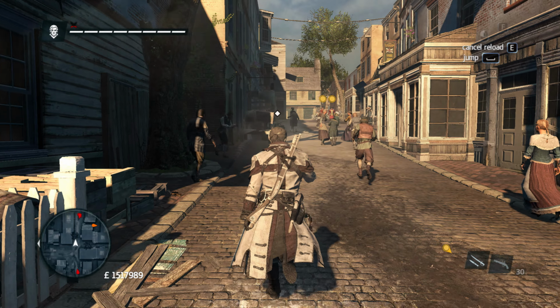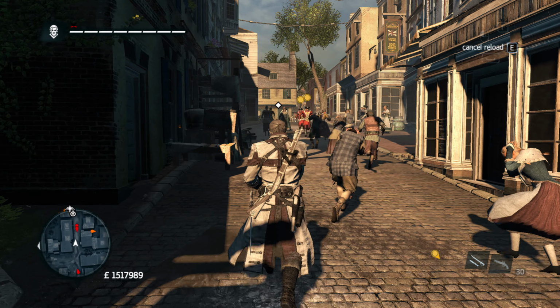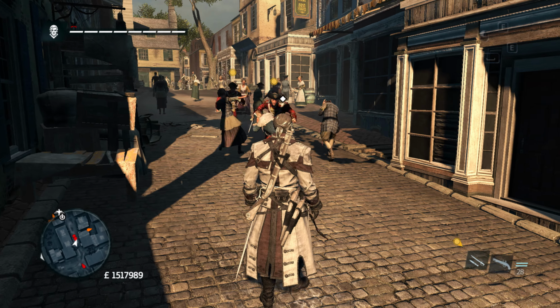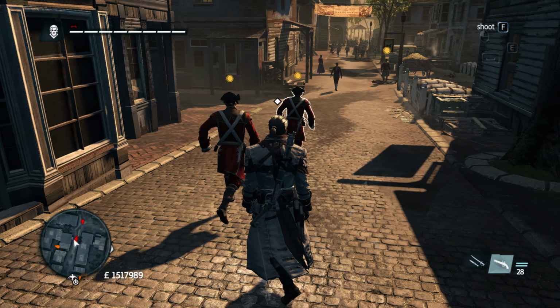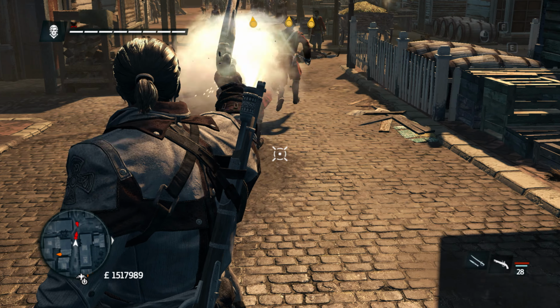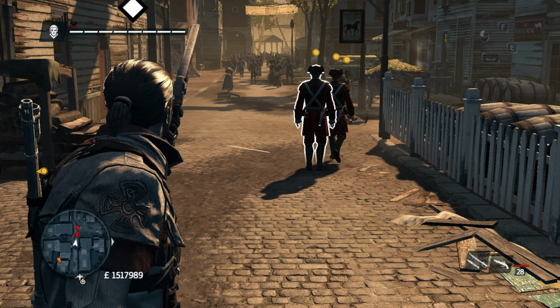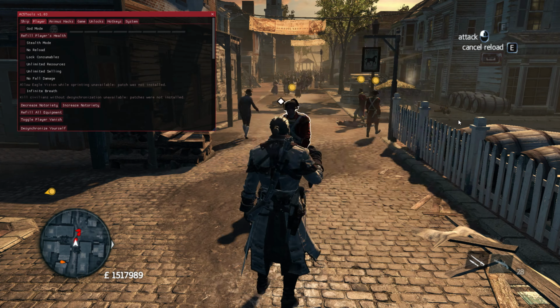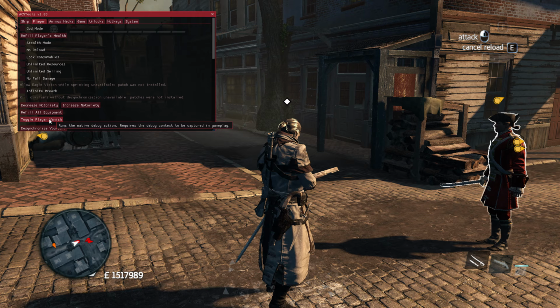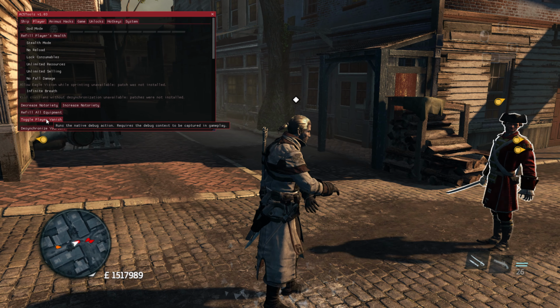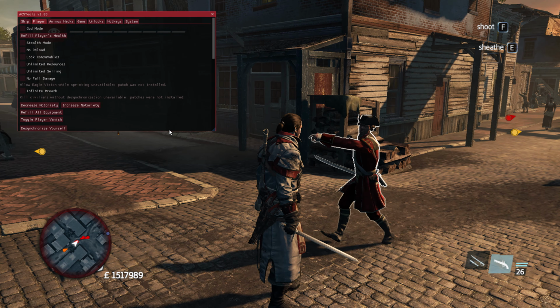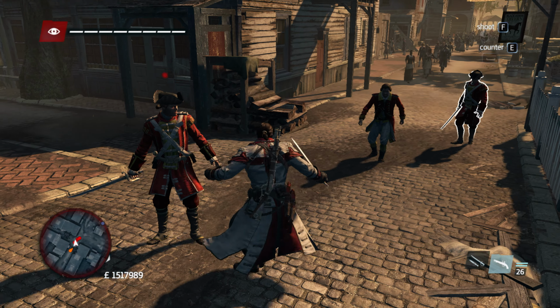Now I'm shooting. Now the guards can't see you, as you can see. You're shooting from the backside. Same way, just toggle off player vanish, and now they are able to see you. And as you can see,